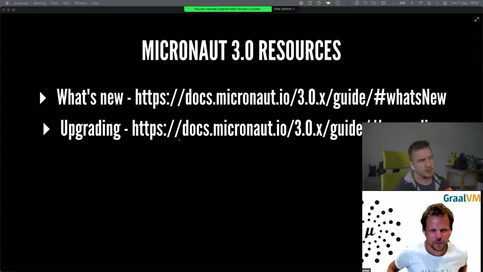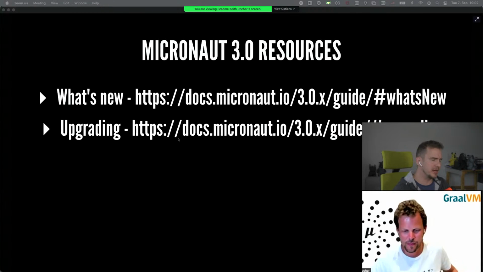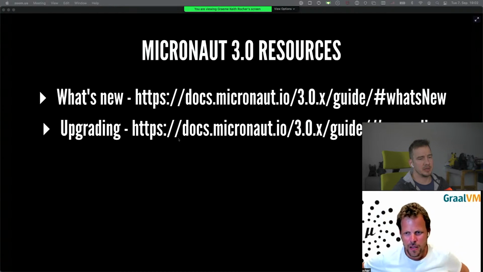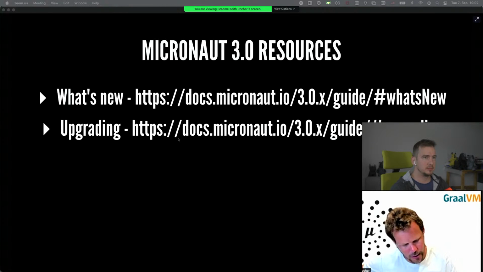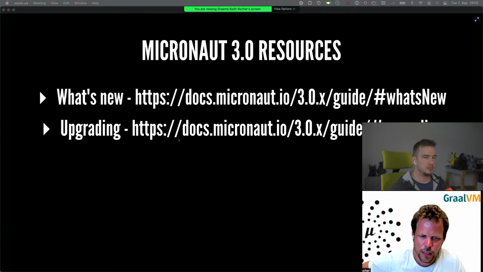Do you have, Greg, a timeline for Micronaut 4 or larger themes that are planned, or at least that you want to stuff into the next major version? So we're working on the minor releases now, but the next major release will be in a year's time. We're focusing on a yearly release schedule. The next major version, I think,